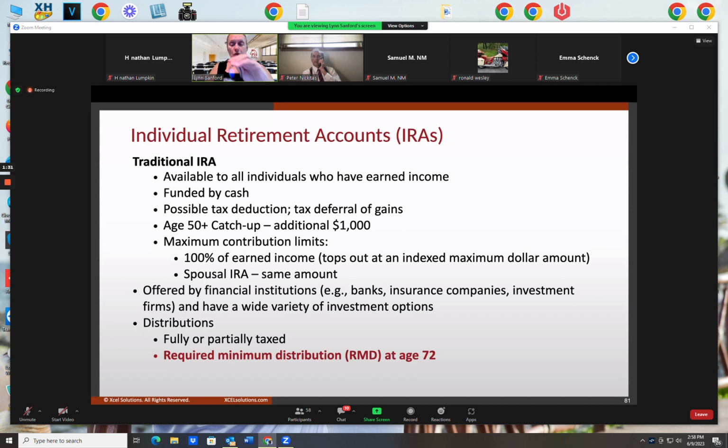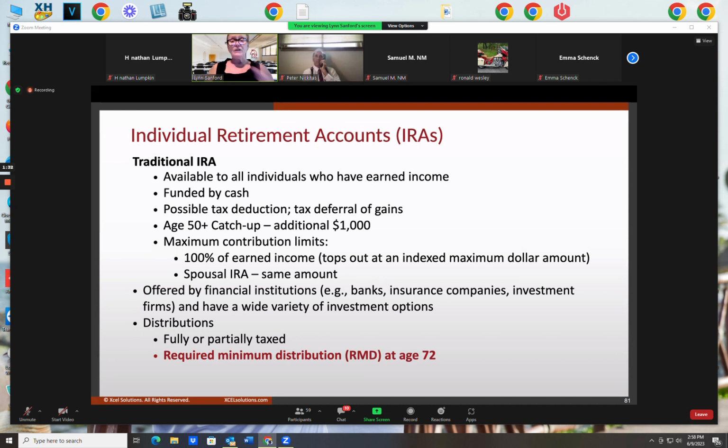If you are contributing to another plan, then you can still make a contribution to your traditional IRA account, but you might only be able to take a partial tax deduction off your 1040 form, and that's going to be based on the level of income you've earned for the year. So those are the things that limit the amount of tax deductibility for your contribution to your traditional IRA account. If you're not contributing to any other qualified plan, then feel free to make your IRA contribution up to the legal maximum per year, which is now $6,500 per year, $7,500 if you're age 50 plus, and feel free to take the full tax deduction off your 1040 form for doing so.